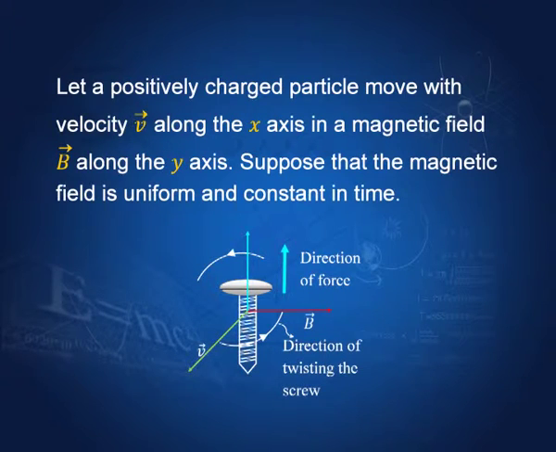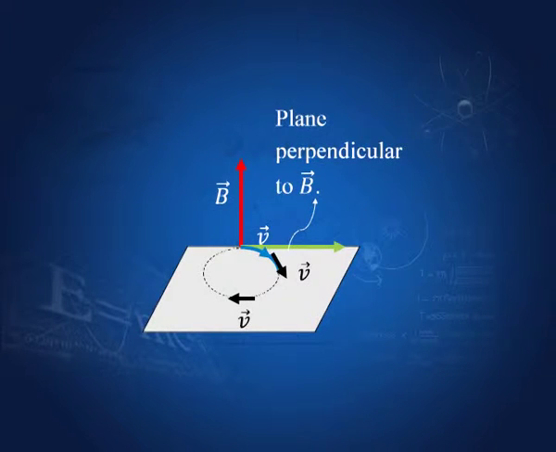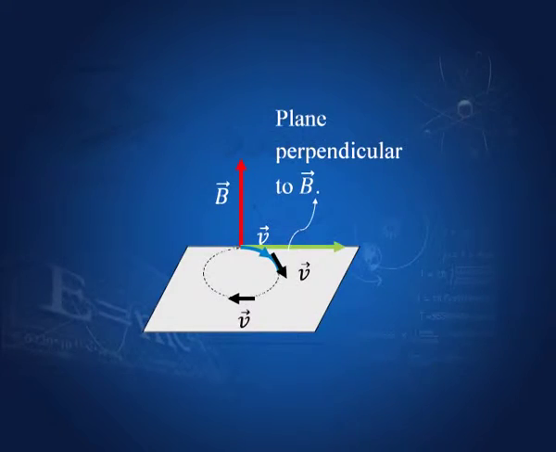Now, let us take the case. A particle is moving along the x direction, the magnetic field is along the y direction. What happens to this? Now, v cross B is in the z direction. So, the particle turns to the right. Therefore, the direction of its velocity changes, the magnitude does not, because the force is perpendicular to both v and B. Therefore, there is no change in the magnitude of velocity, but there is a change in the direction of the velocity.